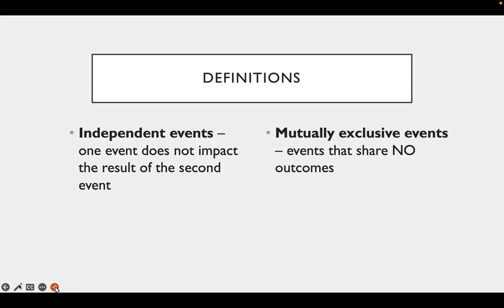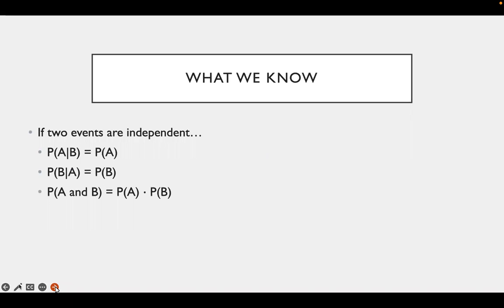Now, mutually exclusive events are two or more events that share no common outcomes. So if there's no overlap, there's nothing that is shared, then they are mutually exclusive. So what we know, we're going to do a little example in a minute. If two events are independent, we know that the probability of A given B is equal to the probability of A. We know the probability of B given A is the same as the probability of B. And we know that the probability of A and B can be found by multiplying the probability of A times